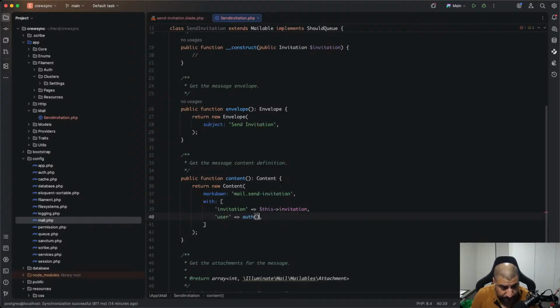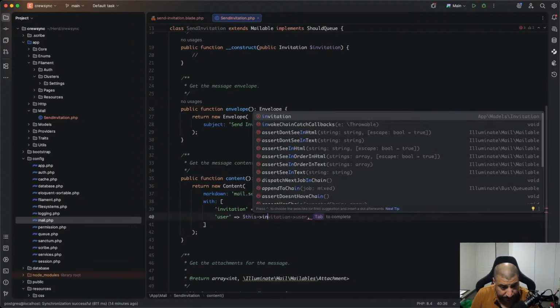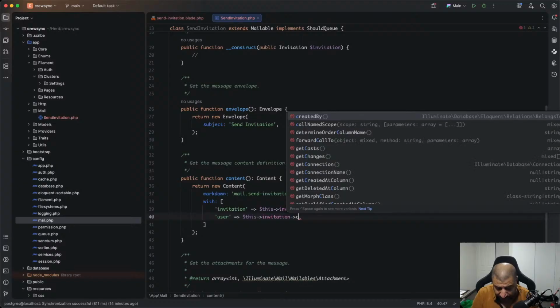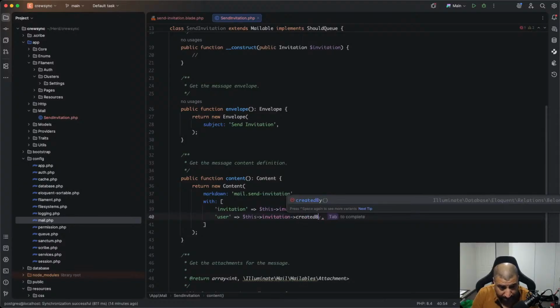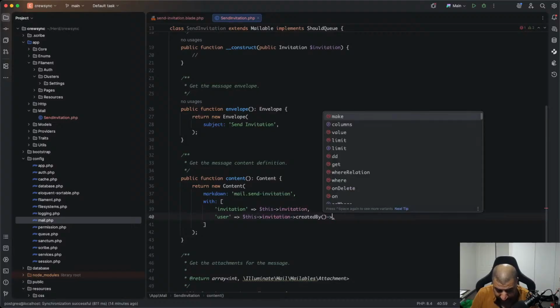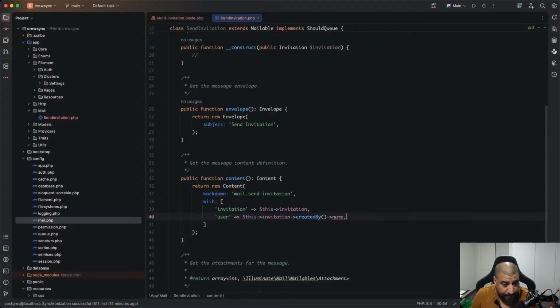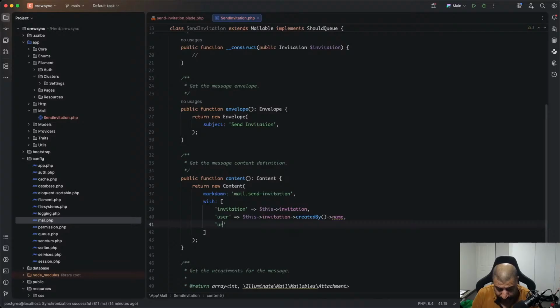And the user is coming from this invitation. This invitation created by, right? Created by name. And the URL will be,